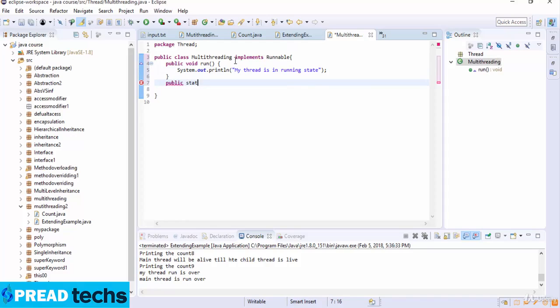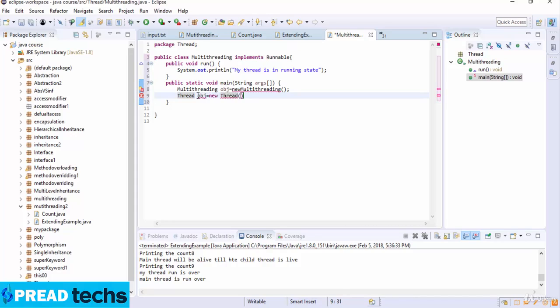Now main method, public static void main, and then String args here. Now this class name, because I am making the object here, so MultiThreading obj which is equal to new MultiThreading. So I call the thread here, which is Thread obj which is equal to new Thread. So I make the object of the thread here, and I change the name of this object which is object number 1, and I call this object here in the thread. So object1.start here. So now I run this code,